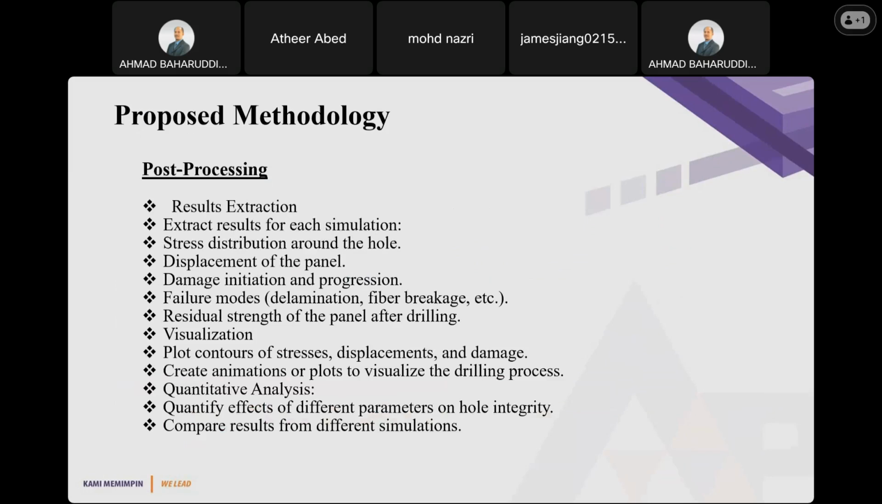After I finish the study, I will post the result. Extract the result for each simulation: stress distribution around the hole, displacement of the panel, damage initiation and progress, failure mode, delamination and fiber. All these I will study during this study. Residual stress of the panel after drilling,